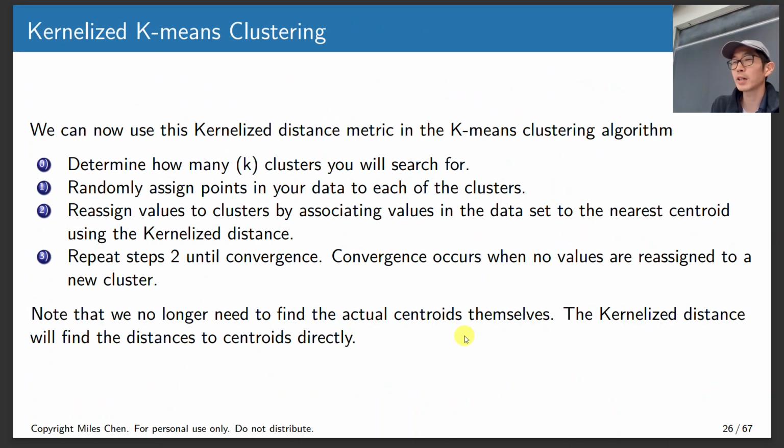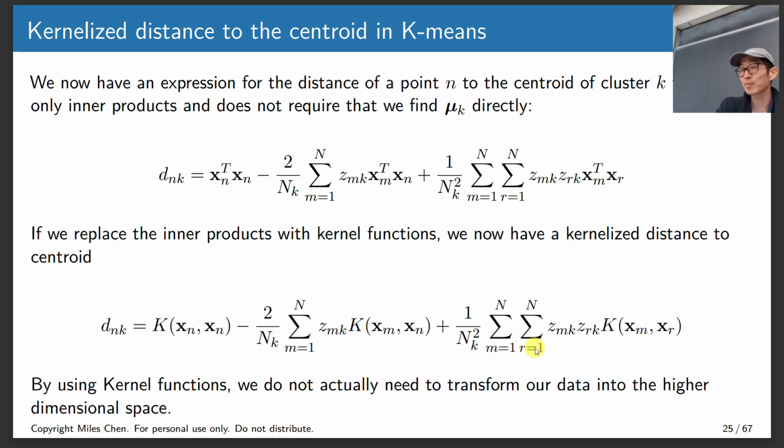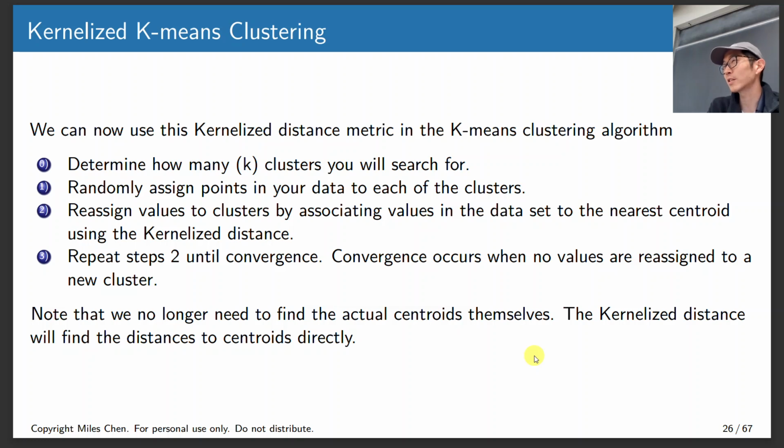So now my algorithm just says reassign points and then calculate distance to centroids. It used to be reassign points, recalculate centroids, calculate distance to centroids, reassign points. Now it's just reassign points, calculate distance to centroids, reassign points, calculate distance to centroids. And there's no recalculating of the centroids itself. Calculating the distance to the centroids does involve this slightly computationally expensive double summation thing, but you don't actually need to calculate the centroids themselves, which is going to be important for us because